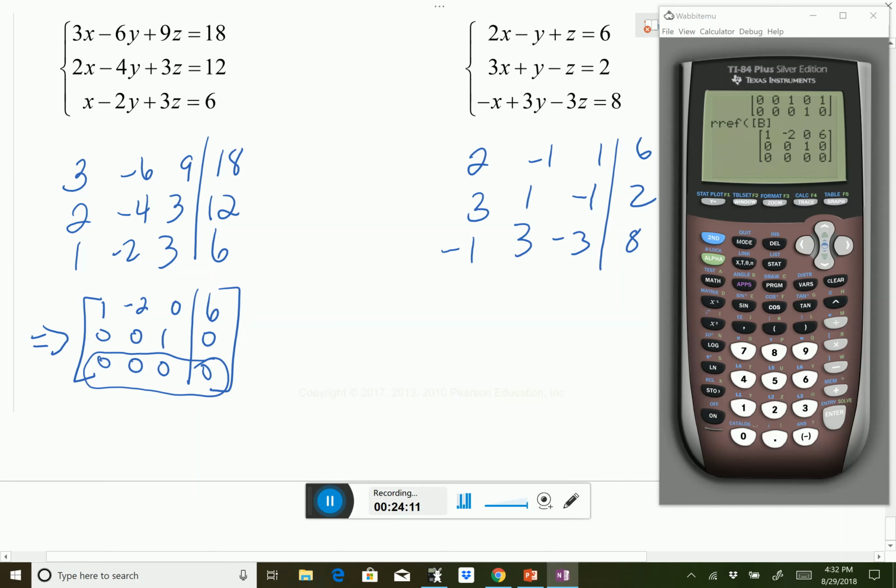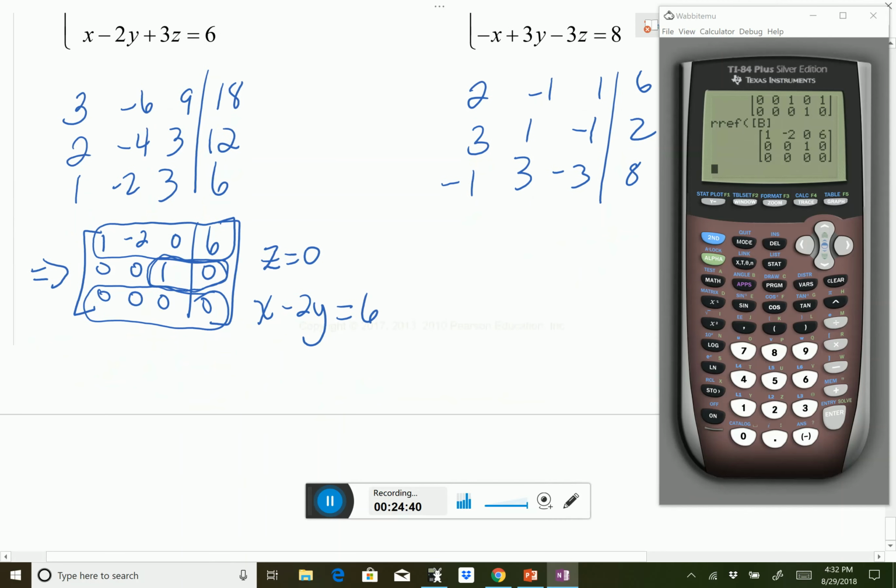So you know that you don't know what z is, but look at this. Do I know what z is, actually? I do know what z is. I know that z is 0. I do have one solution. However, x and y seem to depend on each other because look at this one. So if I go x minus 2y, I'm going to rewrite this as 6. So I know that z has to be 0, but I know that x has to be 2y plus 6. So I actually have a dependent system, even though I do have one solution,